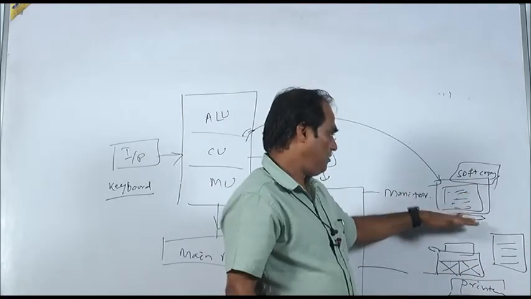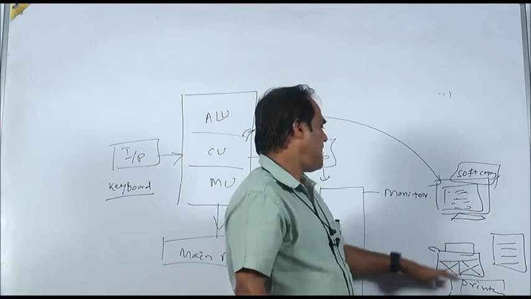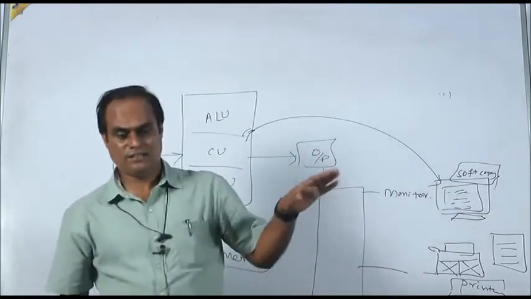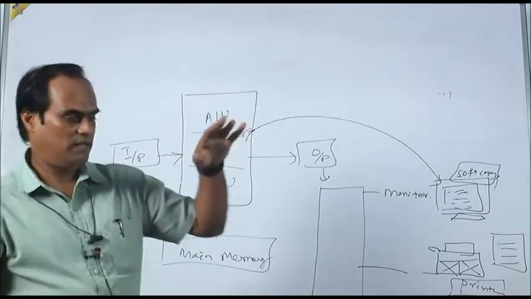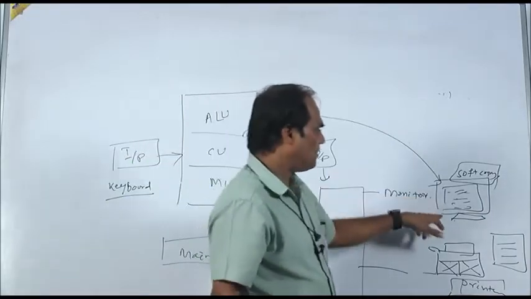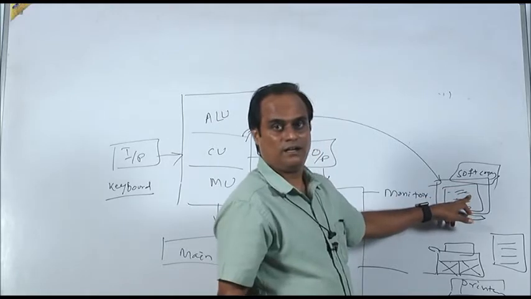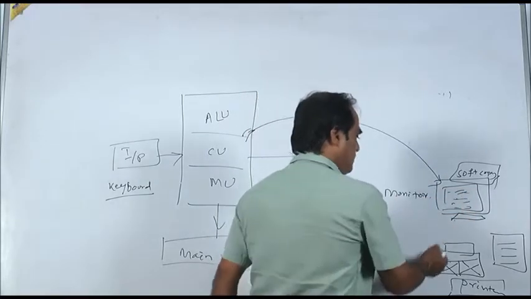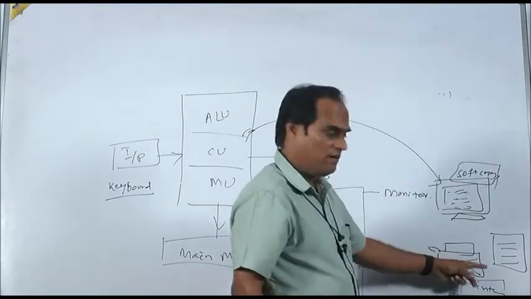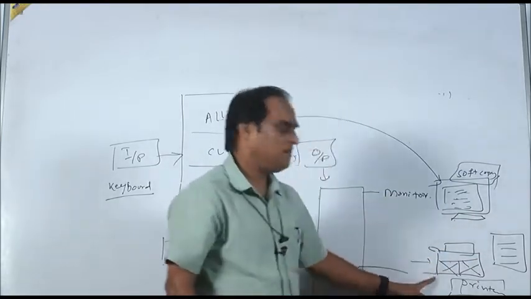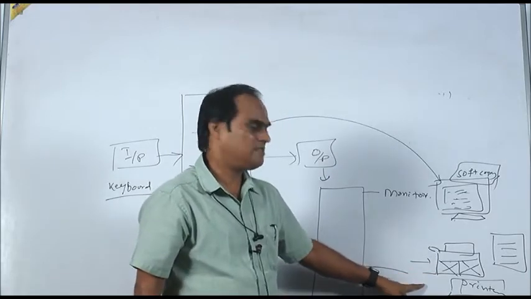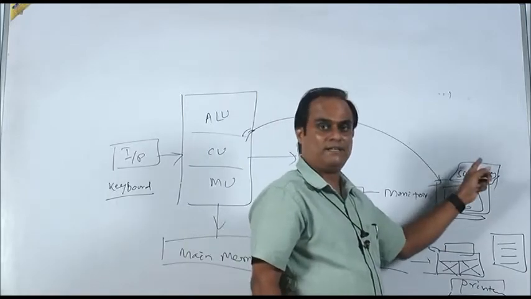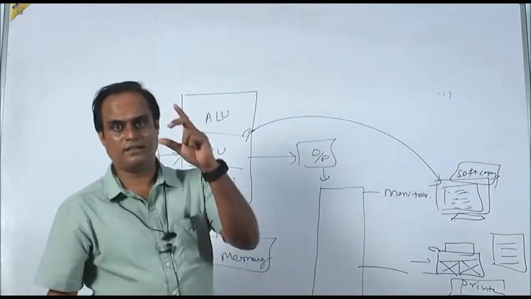So, your monitor is one output device and the printer is an output device, but we are getting the output in different formats. If we are getting the result in soft copy, it is visible in the display unit, yes or no. And if I want to get it on paper, in a different format, we are using the printer. So, the printer is the output device for getting the result in hard copy, and the monitor is used for getting the result in soft copy.